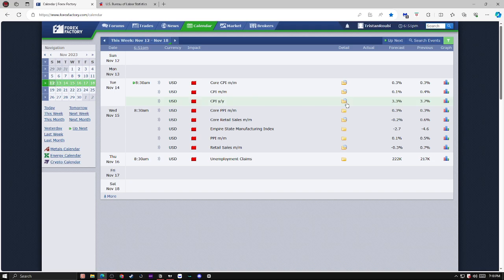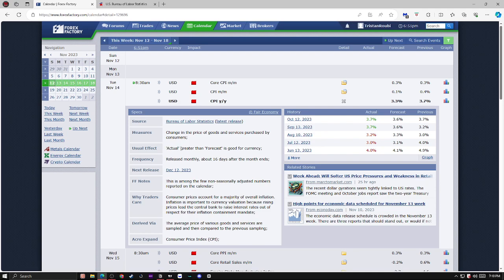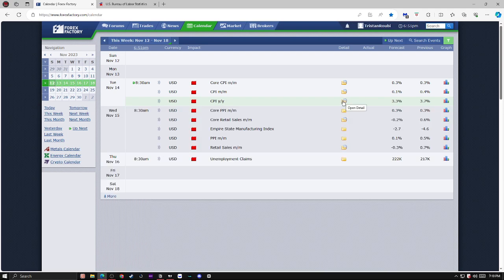And if we look at what it says, if CPI is greater than the forecast, that means it's good for the currency. If it's good for the currency, it's good for DXY. So DXY will go up, and that means SPX will go down. That's exactly what we want to happen. So we need this to be greater than 3.3, like 3.7, 3.8, 4. If we see 4, that'd be perfect. If it's lower, then unfortunately, I think we're not even going to trade for the whole week. I'm not going to lie.